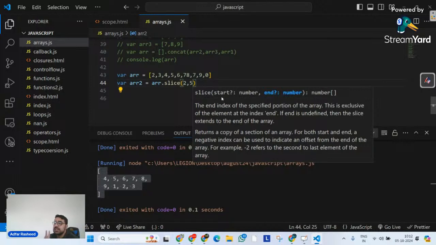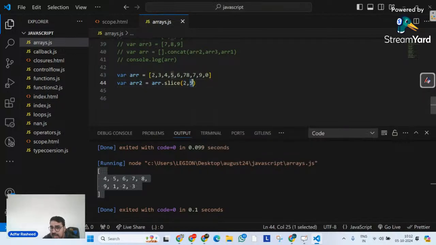As I said, the slice method receives two arguments. Number one is from where you want your slice to begin in the original array, so give the index of that. This is the start index. And this is up till what index the slice should be created.